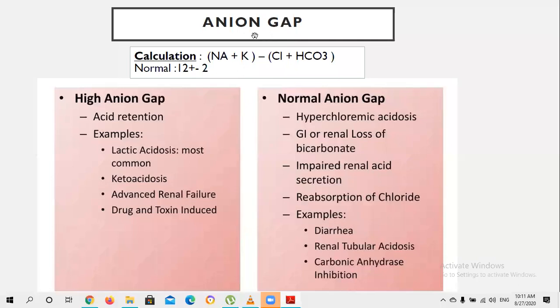Anion gap. How to calculate it? I've told you in the beginning of the lecture, it's better to know the values of sodium, potassium, chloride and bicarbonate, in case you want to calculate the anion gap. So you're going to take sodium plus potassium and minus